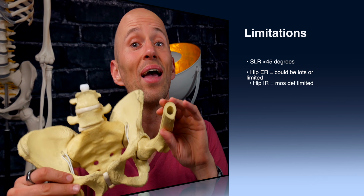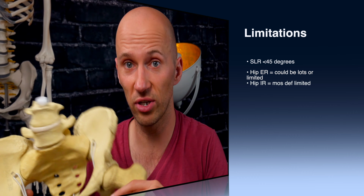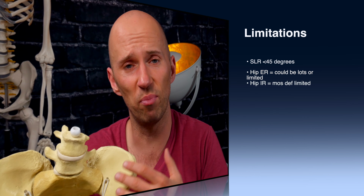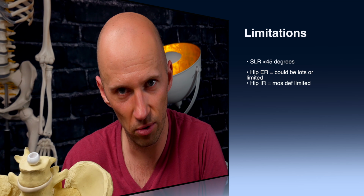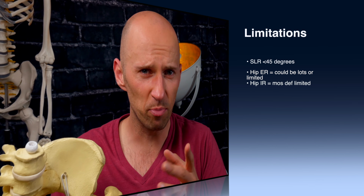External rotation can sometimes be limited, sometimes it can be full or excessive. It really depends on the extent that that person is translating the pelvis forward. That's a talk for another day. And a lot of times you'll also see a deficit of internal rotation as well with these particular individuals. It's this forward translation of the pelvis why a lot of times